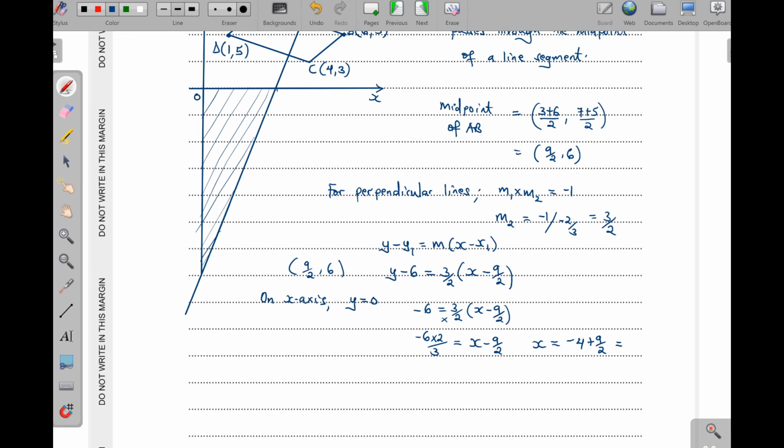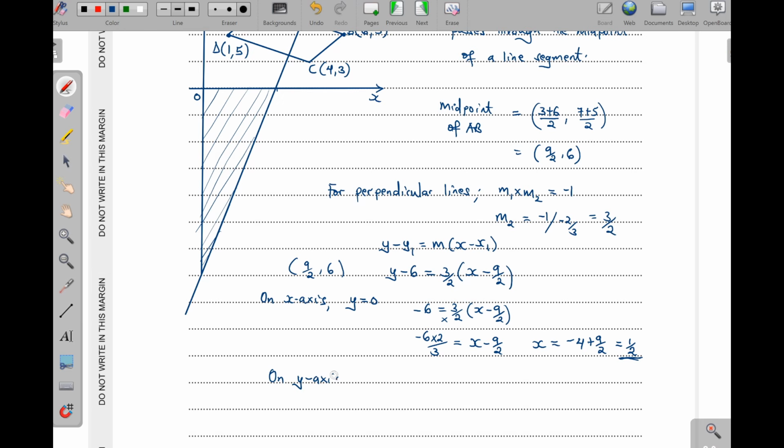What does this one give us? When you multiply here, you get -8 plus 9. That would be a 1. So we have 1 over 2. Okay. Then after that, we can now go on and find, we can say also that on